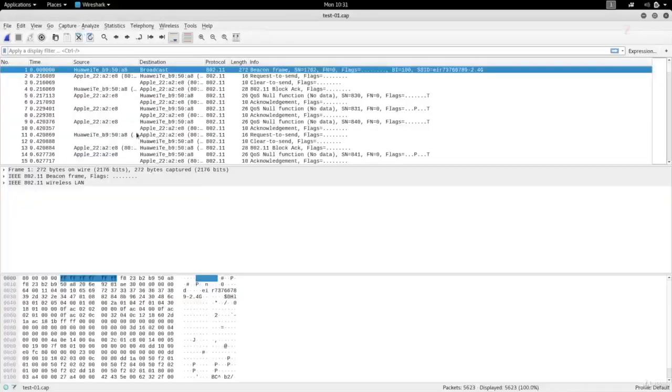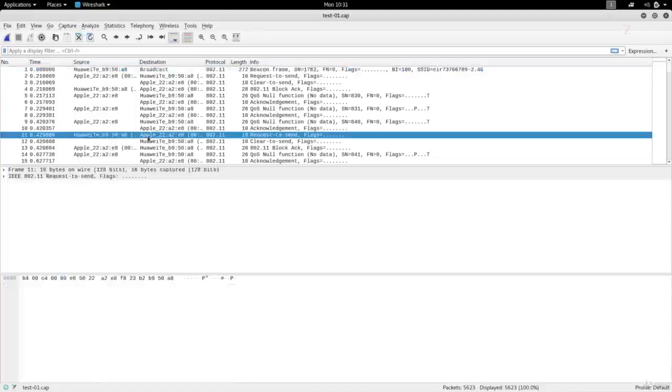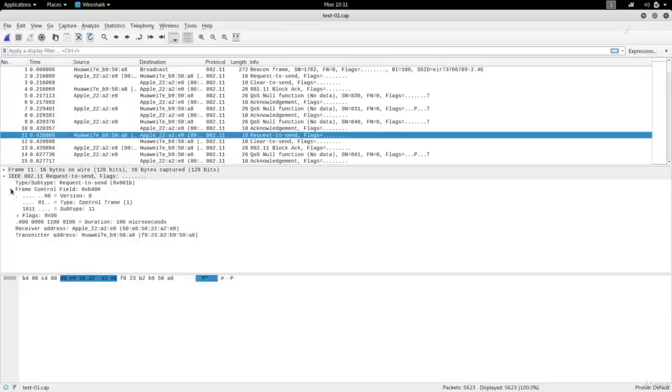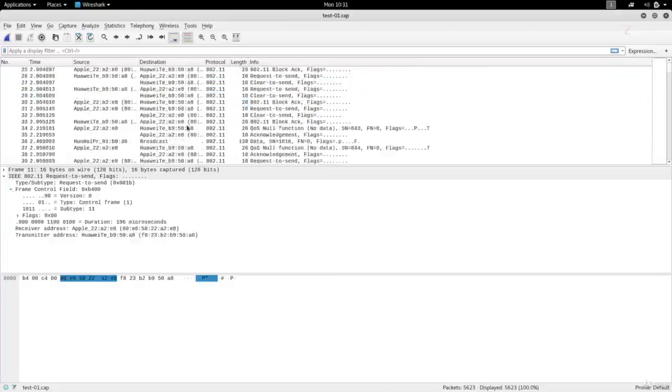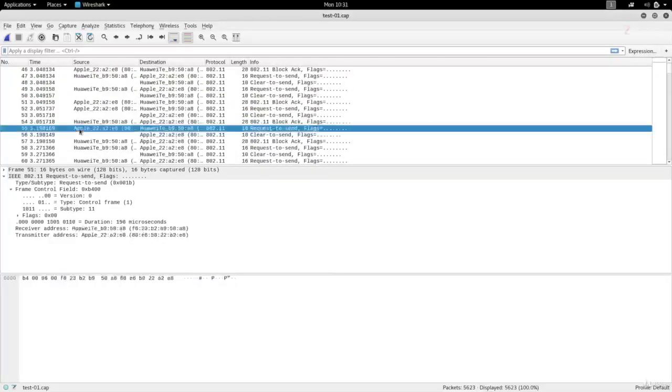And as you can see, if we click on any of these packets, we really have no useful data. You can see everything looks like gibberish, and we can't read anything, even though these packets might contain usernames, passwords, or URLs.